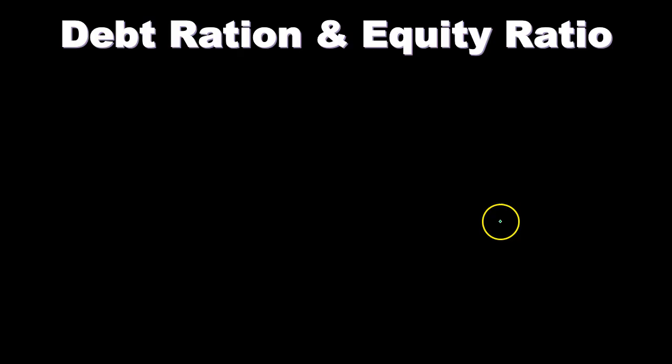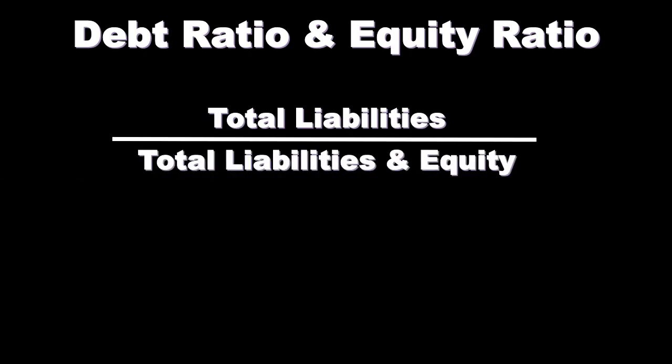So we're going to start off with the debt ratio and the equity ratio. We're going to combine these together because they're going to be easier to see as we combine them in one place, so we can see the relationship between them as we do so. The debt ratio is the total liabilities, or the debts, divided by the total liabilities